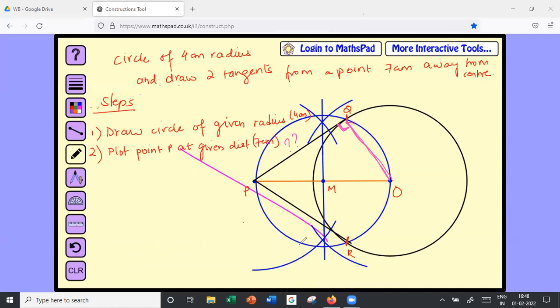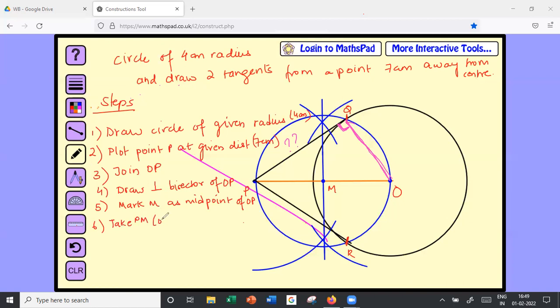Sometimes it will be the center of another circle itself. So you draw this line anyway, and then you make the other circle, etc. Then once we are done with that, you join OP. Fourth thing is you draw the perpendicular bisector of OP, है ना? And mark point M as the midpoint of OP.